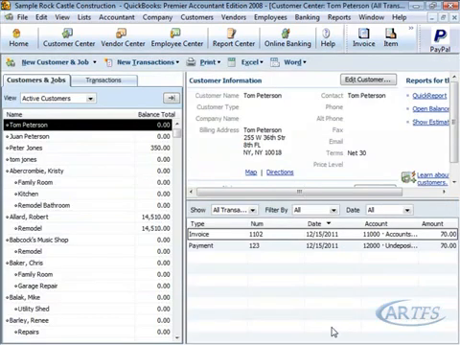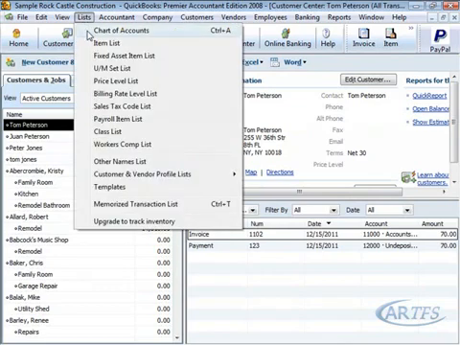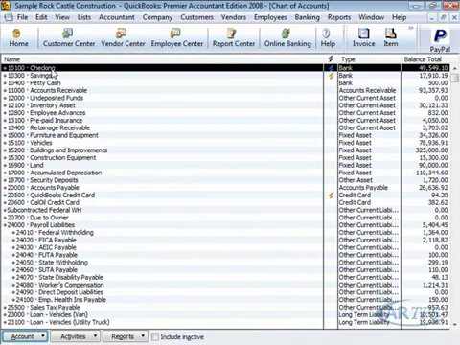Okay, the full transaction is done. I made the invoice, I received the money, and I put it into the bank account. To verify if the money is in the bank account in QuickBooks, just a quick tip here. I'm going to go to list, chart of accounts. Here I have my checking account,